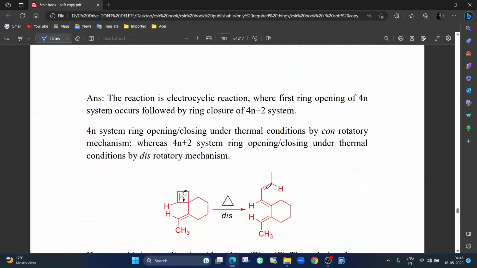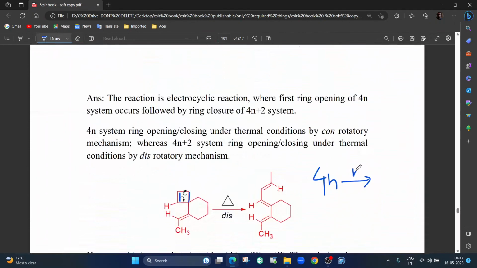And then you can see 4 pi bonds are there, 1, 2, 3, 4. You can see the number of electrons involved in rotation is this sigma bond, so 2 electrons plus this pi bond, so it is 4 electrons. Now 4 electrons, conrotation is this. You have to remember, you can always use FMO and find out, but no need to do, you just remember one simple thing, 4n